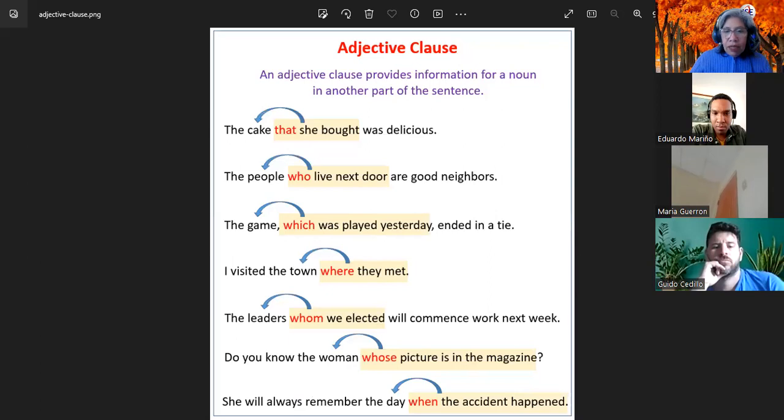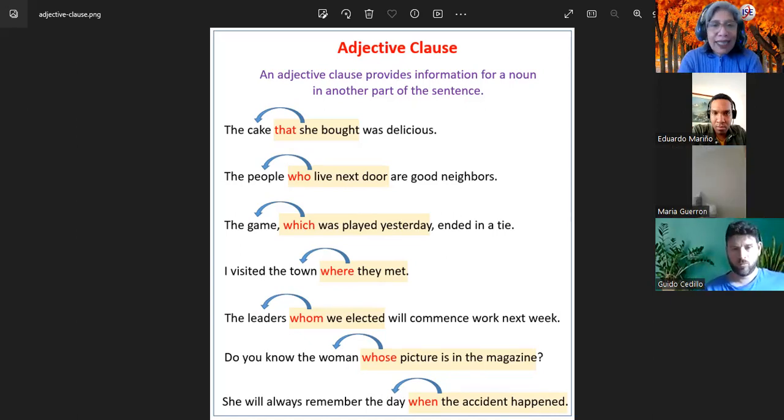She always remembered the day when the accident happened. Here it is in the complement, talking about the day. And you say, okay, miss. So why are those adjective clauses necessary? Because if I write this without the adjective clause,